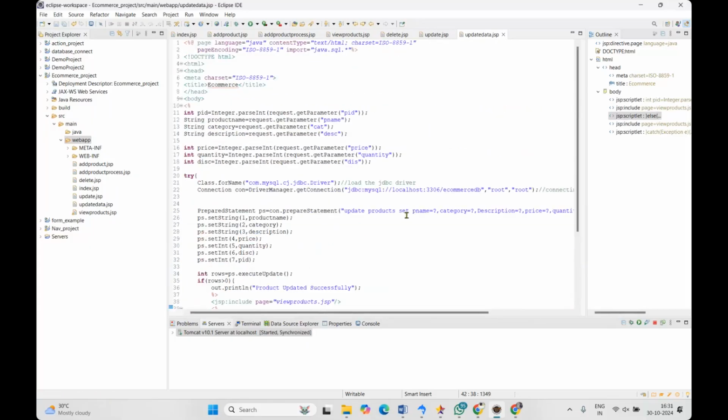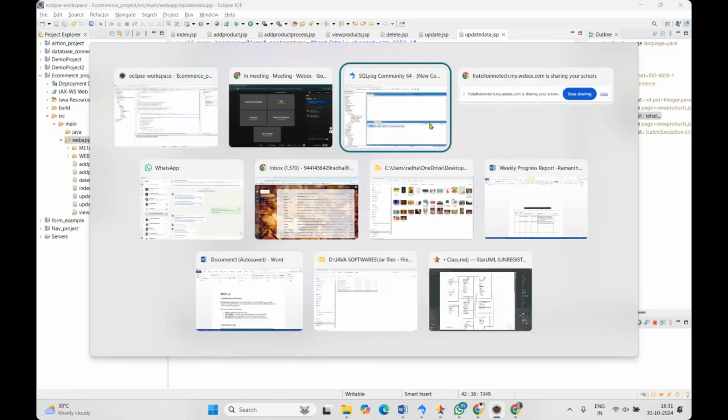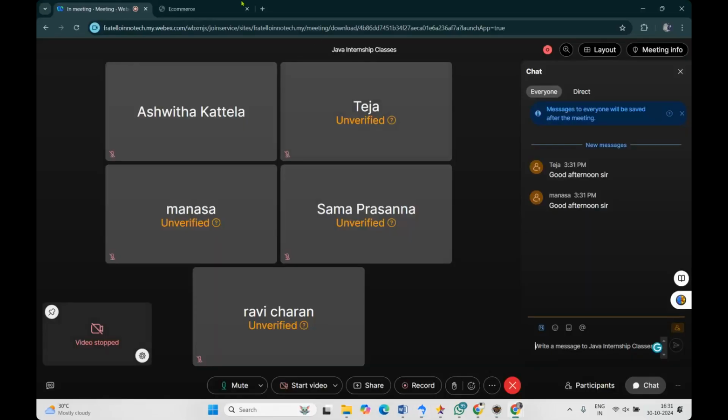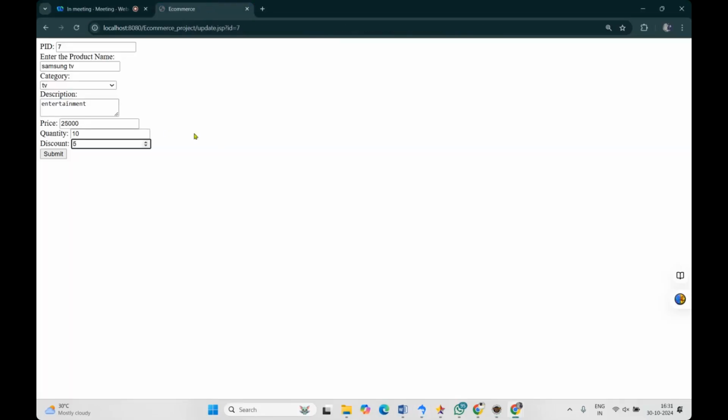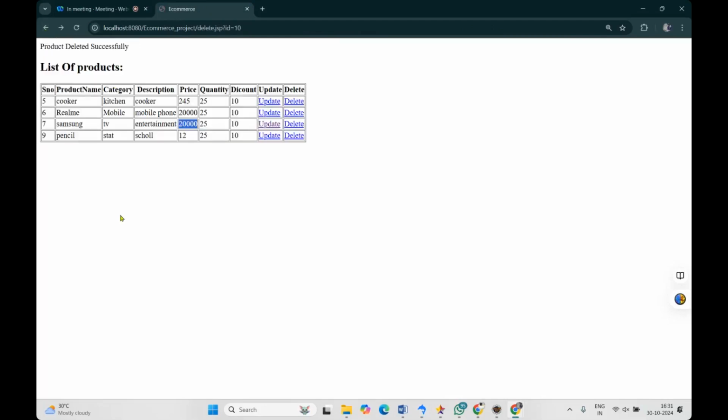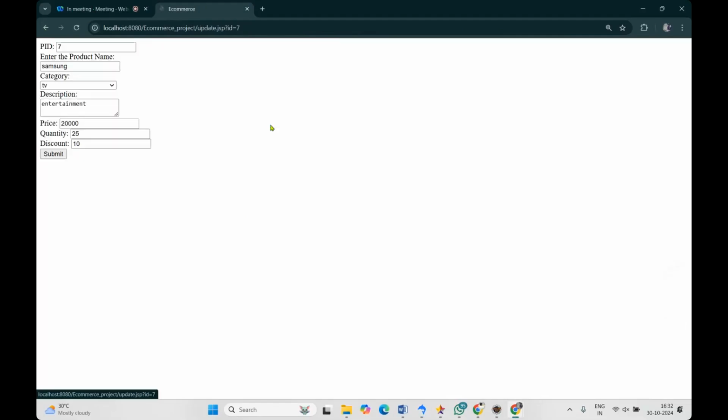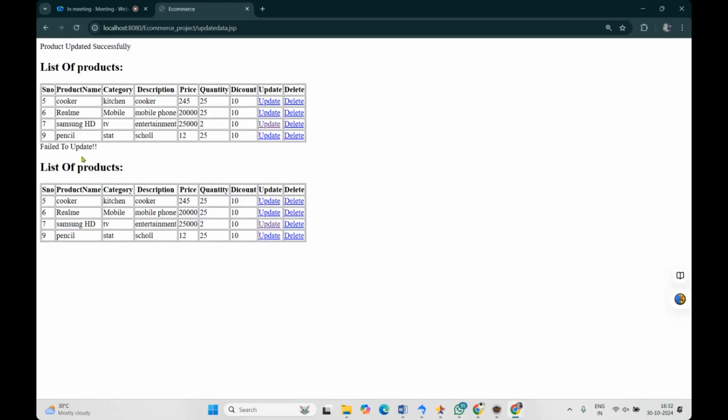Okay, let's try once. I will go to, see, our e-commerce. We'll go back. This is a product. I will refresh it. Okay, see, here I am clicking. When I click on the update button, I'm giving the name as Samsung HD, and I am changing the price to 25,000 and the quantity to 2. See, when I click on the submit button,